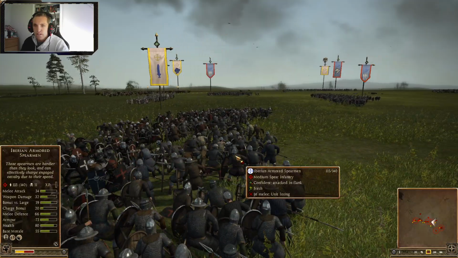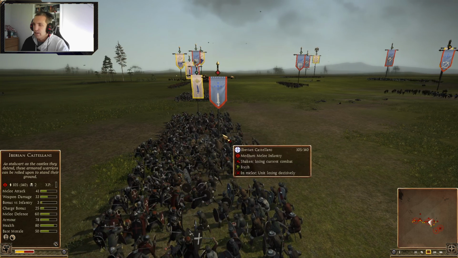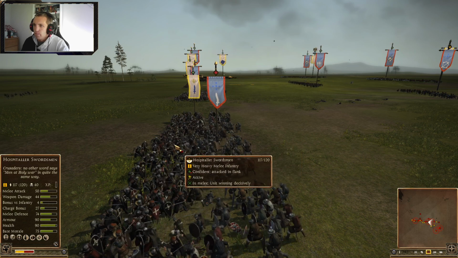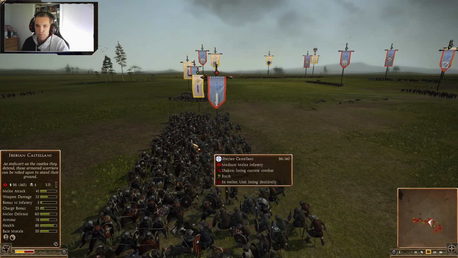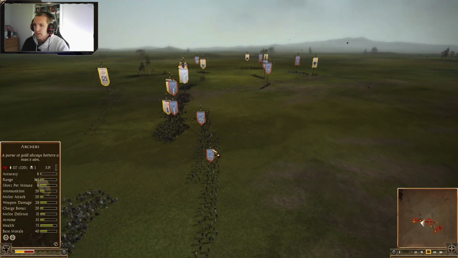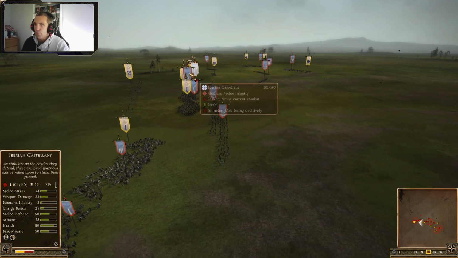So we have 50. Oh, these are, yeah, against the spears. Yeah, that's a no-brainer. These guys are already losing combat as well. 117, like 50 attack, 44 against 41, 33, 90 armor. Yeah, these Hospitaller swords are absolutely insane. So the front rows are